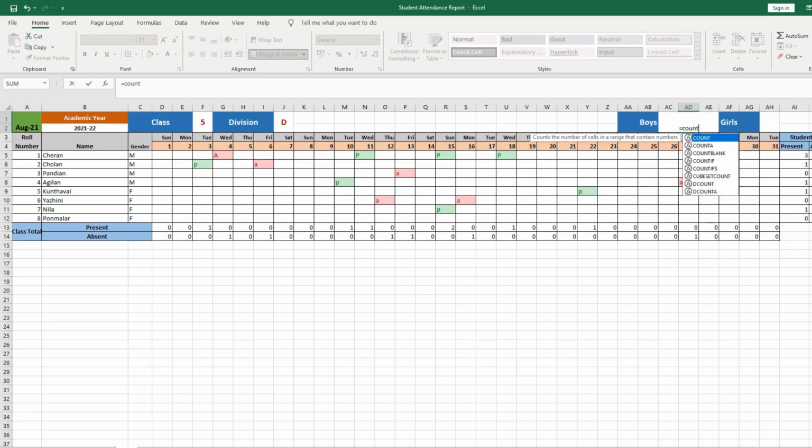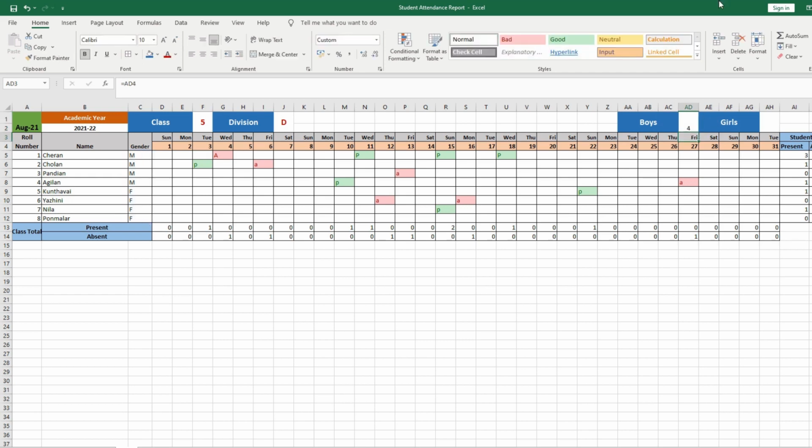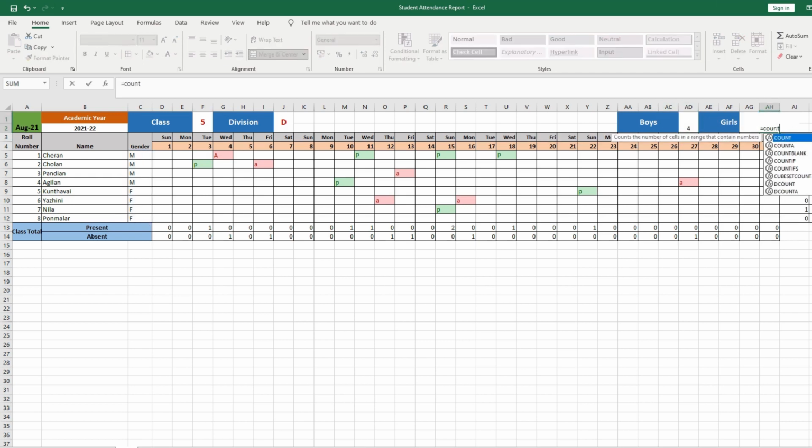Suppose if you don't want to complicate, you can directly key in. For my purpose, I have provided some automation here. So this is my range. In this range, if the gender is M, then count it as number of boys. Okay, so it should be 4. Yes, correct. And for girls as well, sorry, COUNTIF